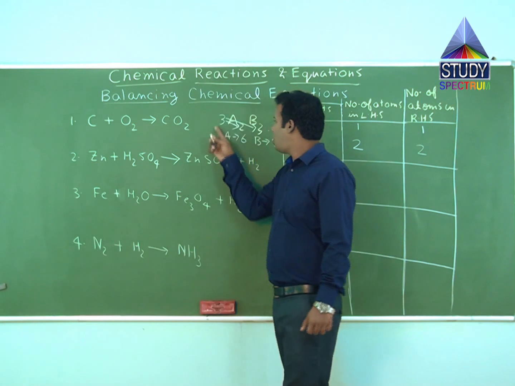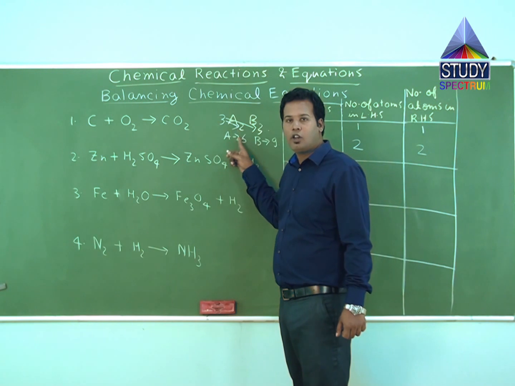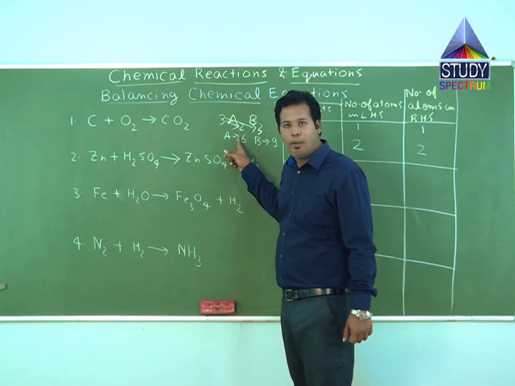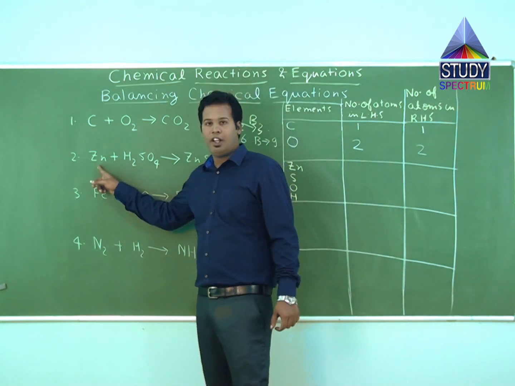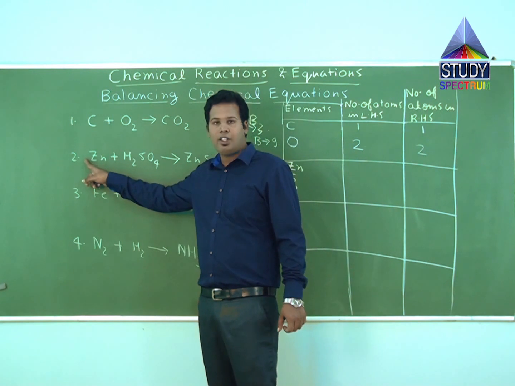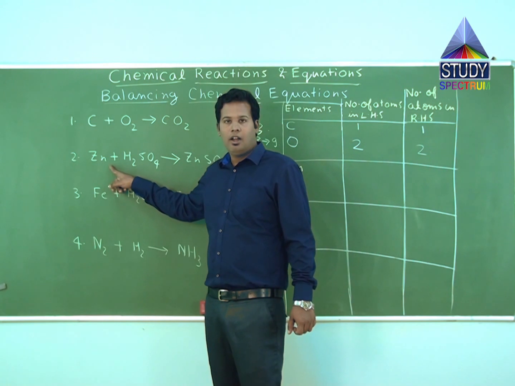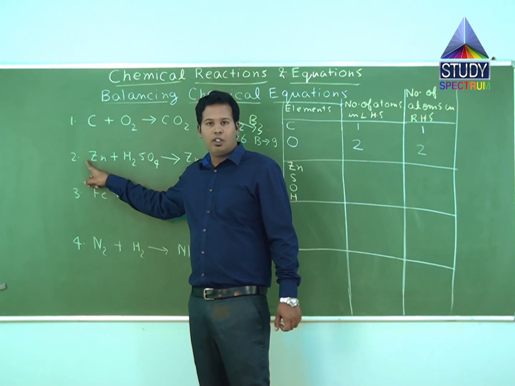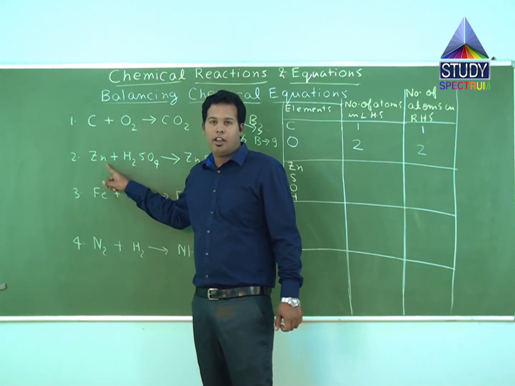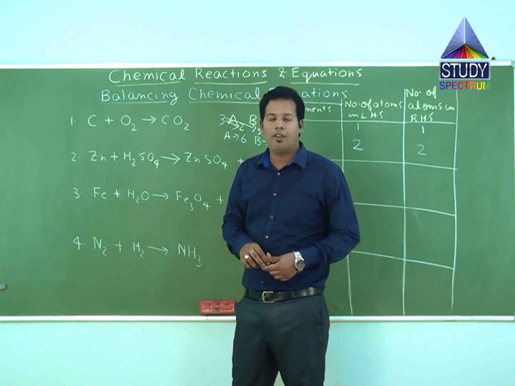Now using this concept of 3A2B3, where if you multiply the coefficient of the compound with the suffix of the element in the compound, you will get the number of atoms of that particular element in the compound. Using this concept, you can see nothing has been written as the coefficient of Zn, that is zinc, and nothing has been written as the suffix of Zn, that is it is blank. It means the coefficient of zinc is 1 and the suffix of zinc is also 1. Like I said, if I write x, it is understood the coefficient of x is 1. 1x and x are the same.